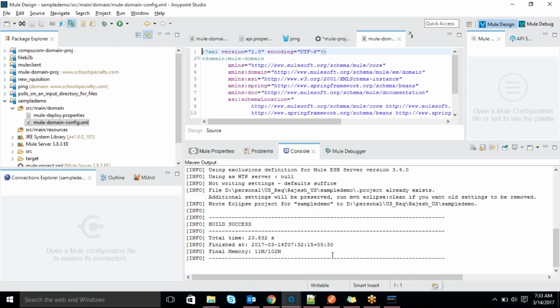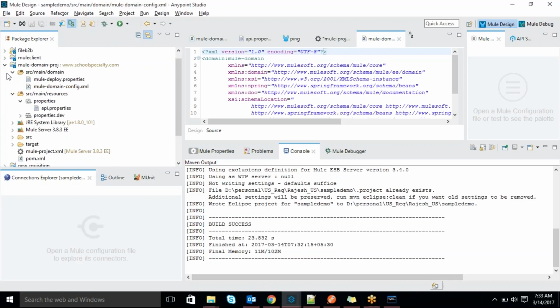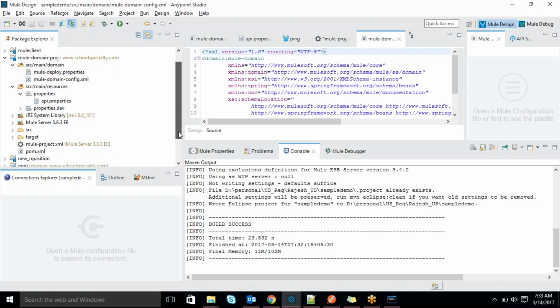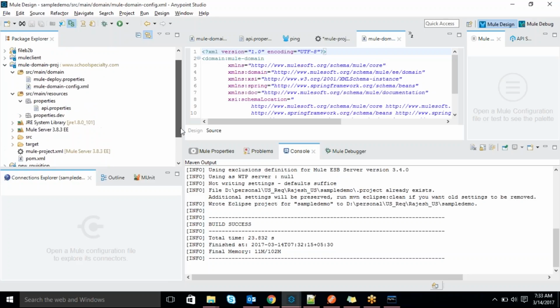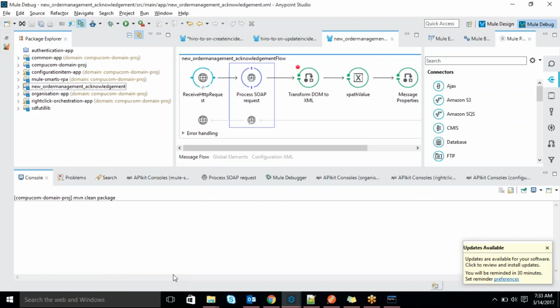Mostly that is the issue. Coming to your question, what was the advantage of that Mule domain project? The major advantage is, suppose here we discussed three services, right? Just now, insert, update, and then stored procedure, right?